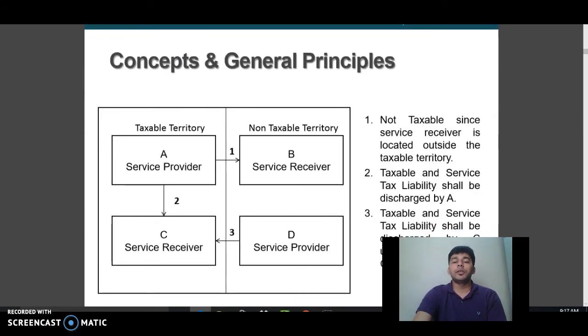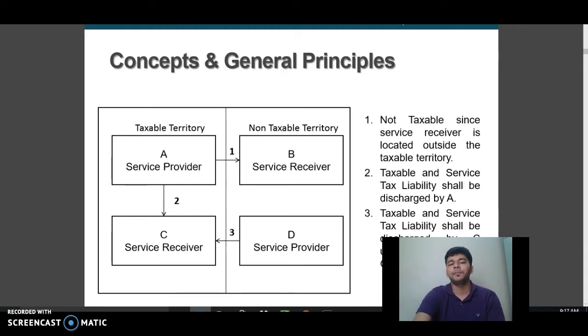Now, some general principles about these rules. In the first case, as you can see, there is a service provider A who is rendering a service to B who is located in the non-taxable territory. Now A belongs to the taxable territory, B the recipient belongs to the non-taxable territory, and therefore what is going to happen? The consumption of service is taking place outside the taxable territory